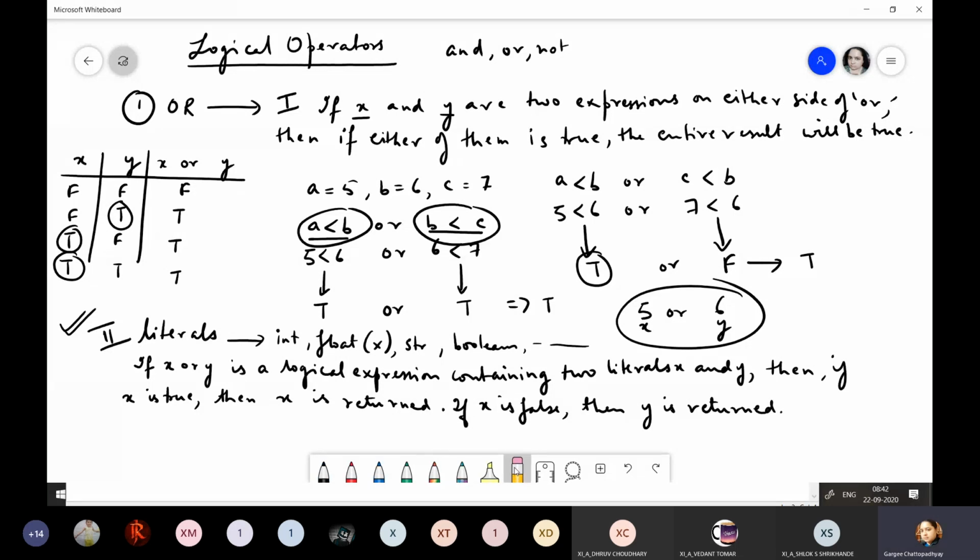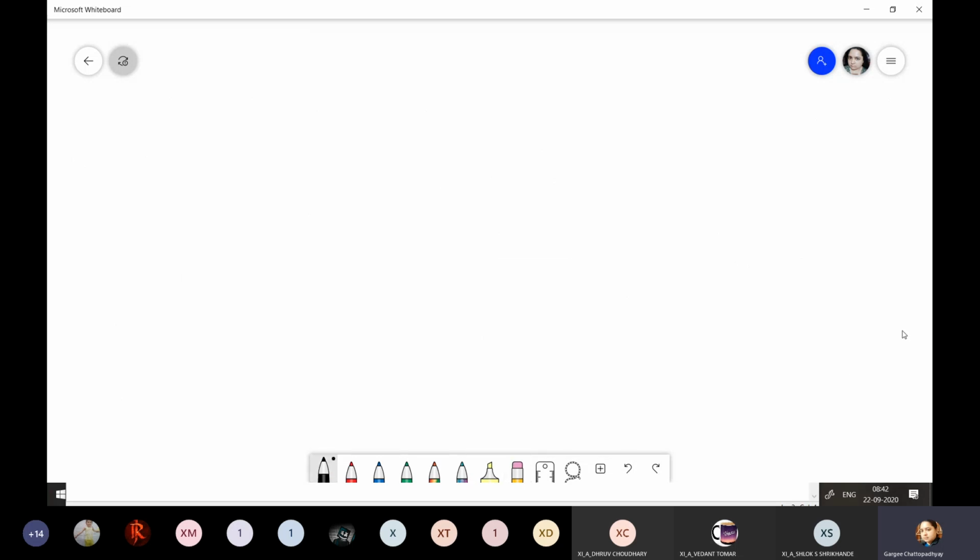So you can take the screenshot. I'm just going to explain this. So I'm going to create a table here. If I write 0 or 0, what will I get? See, first thing you should remember this. Any value 0 is considered as false. And any non-zero value is considered as true. So here we have 0, here also we have 0, right? So if I just check, first one is false, fine. It will move to the second one, it will return this 0.